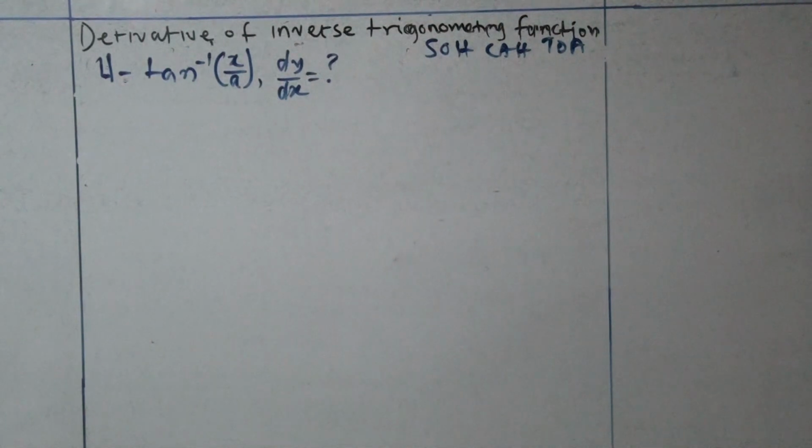If we have y as a function of tan inverse of x over a, what is the derivative of y with respect to x? Okay, derivative of y with respect to x. If you look at this question here,